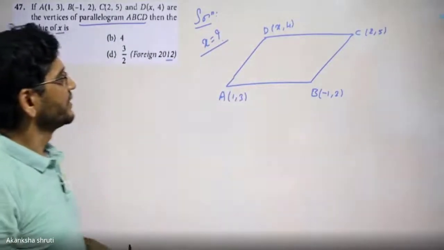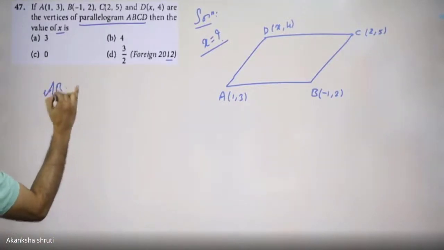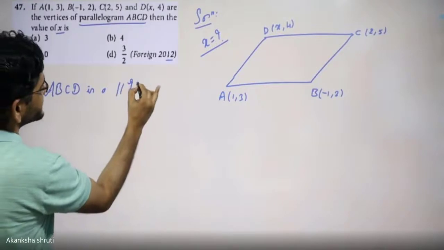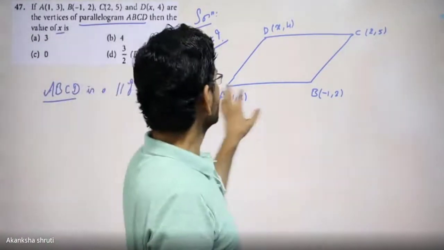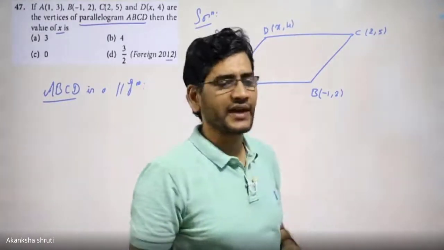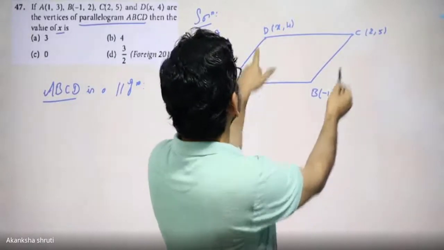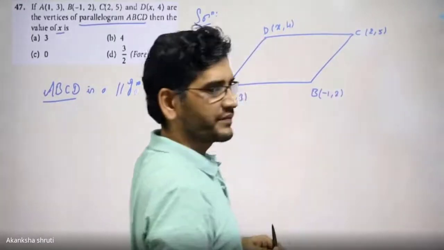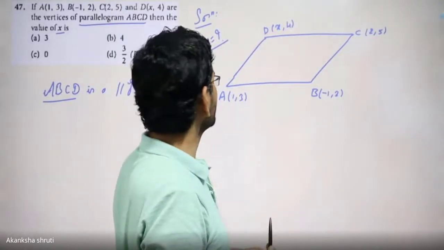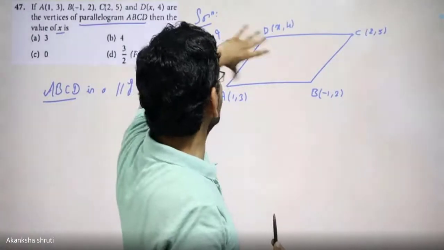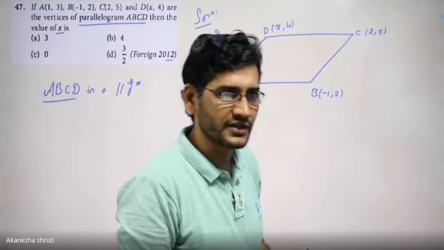See, here it is given that ABCD is a parallelogram. It is important. Since ABCD is a parallelogram, we have learned the various properties, such as that the opposite pairs of sides of a parallelogram are equal. Therefore, we can equate AB equals CD, and one equation will form, and from that equation x can be determined. Or even AD equals BC, from that also x can be determined. That could be one method.